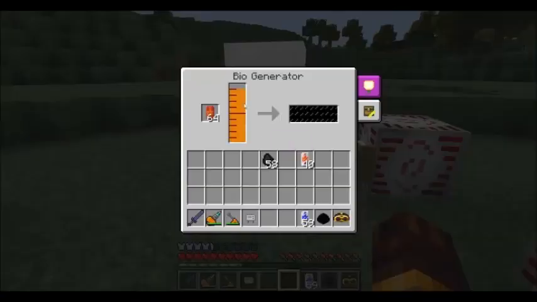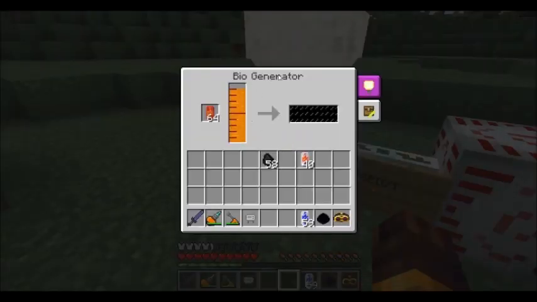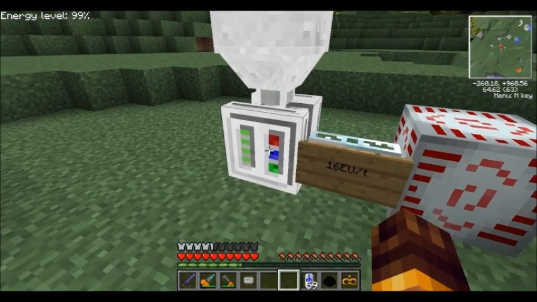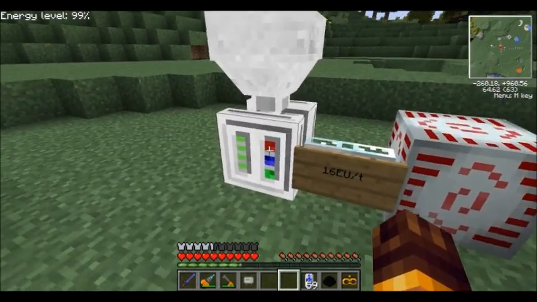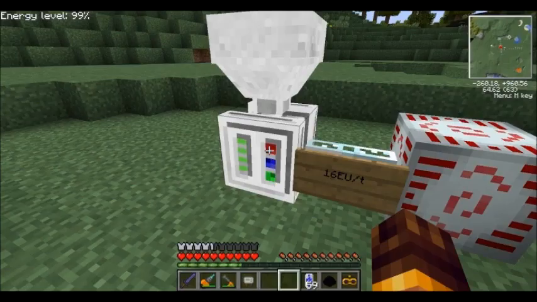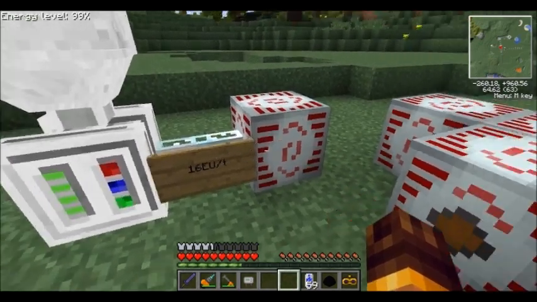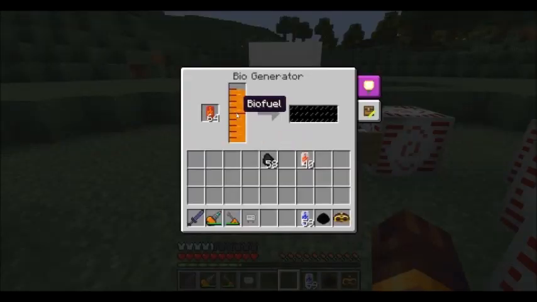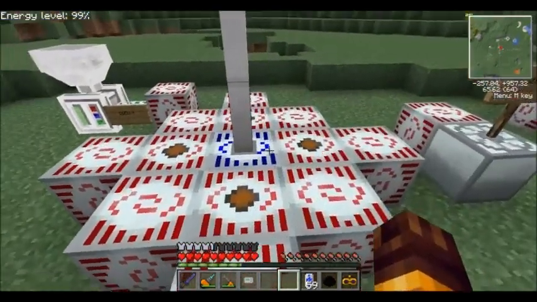That's right. Then we have the biofuel generator, just the biogenerator, and it produces 16 EU per tick, and it is from Forestry, and it uses Forestry biofuel. I think it also uses biomass, but it is less efficient when you use biomass. I think it's less EU per tick, so you should probably just use biofuel. It's much better. Next, we have the lightning rod from